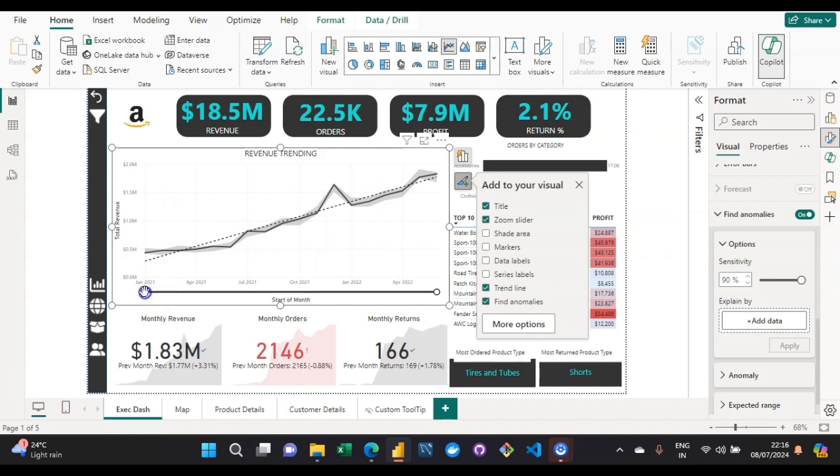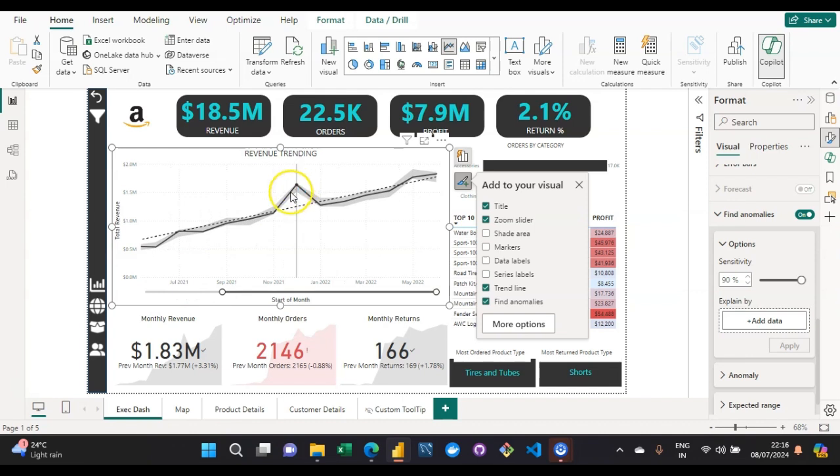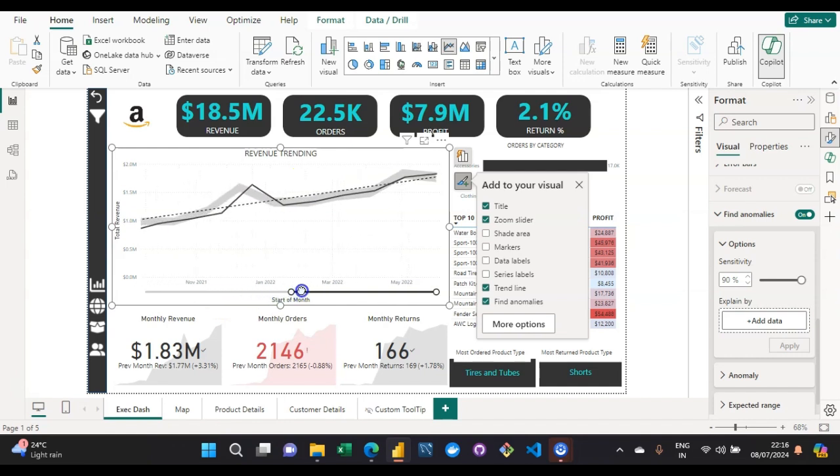Let us see if you're coming across any anomaly. Let me move forward. Let us see if we are getting any anomaly. You can simply scroll down and move forward with this. You can look into this to see if you are able to come across any flag kind of thing, right?